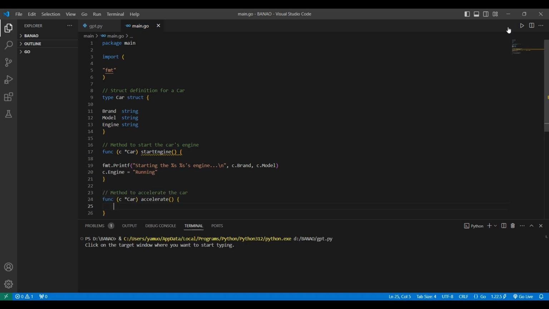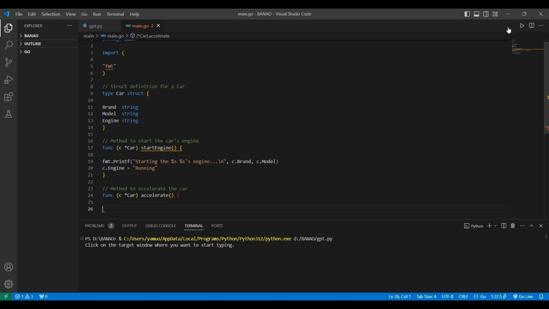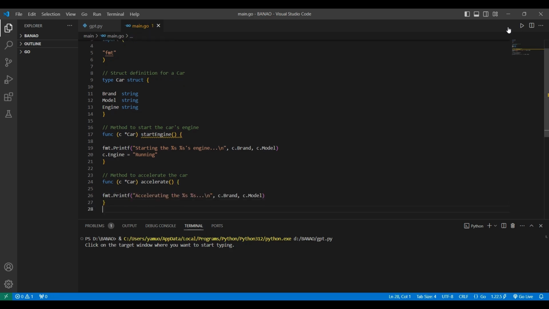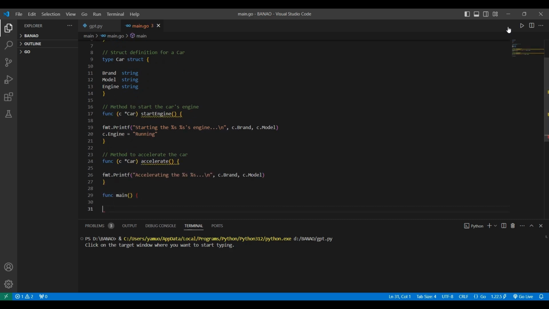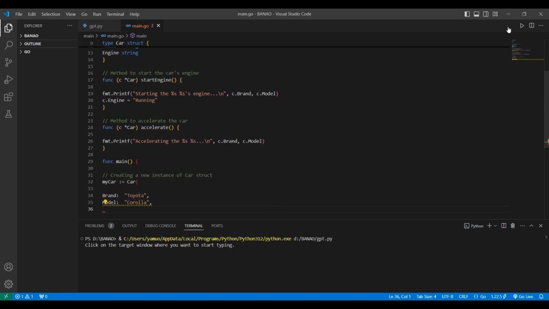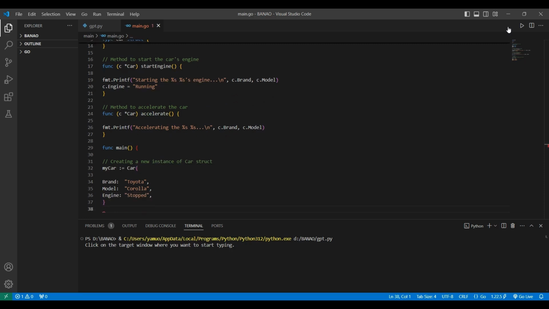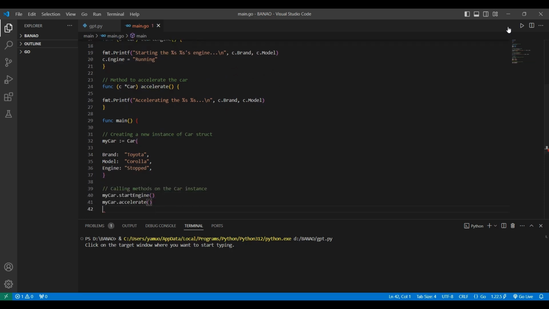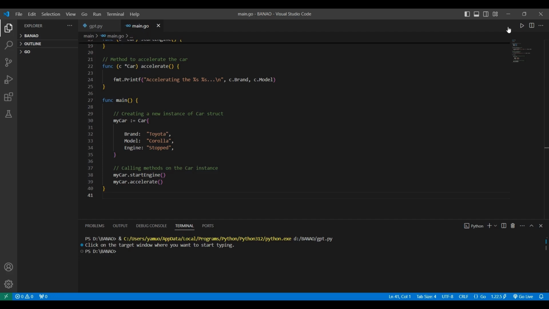The accelerate method simulates the acceleration of the car and displays a message stating the acceleration of the car based on the brand and model attributes. Within the main function, an instance of the car struct named myCar with the details of a Toyota Corolla is initialized. The startEngine and accelerate methods are called on myCar, resulting in the engine starting and acceleration being simulated for the Toyota Corolla. The expected output from running this code snippet would be starting the Toyota Corolla's engine, accelerating